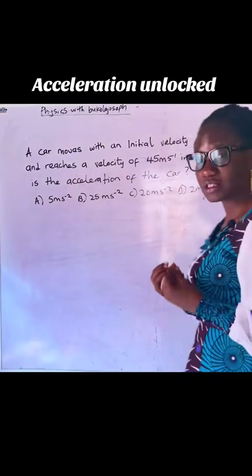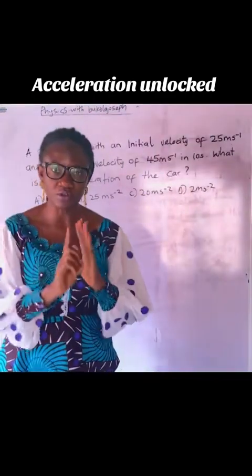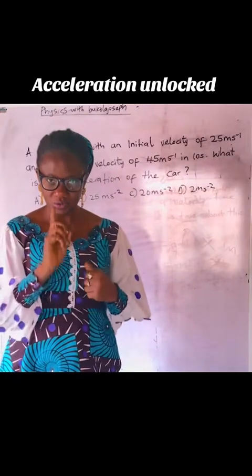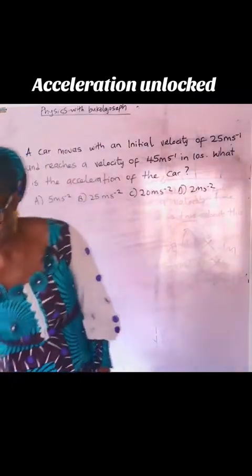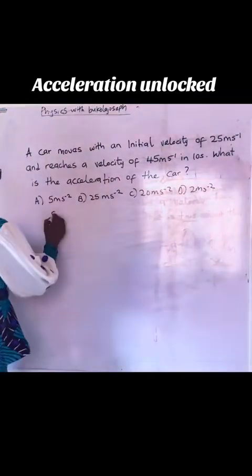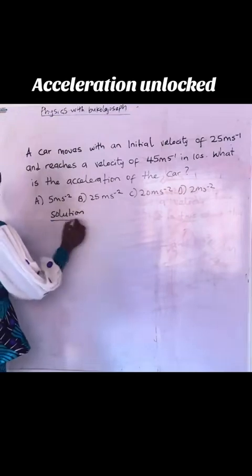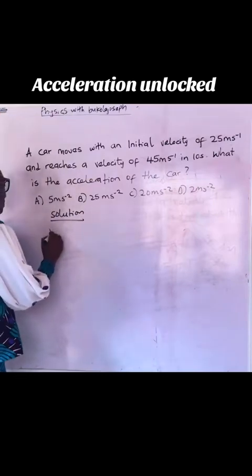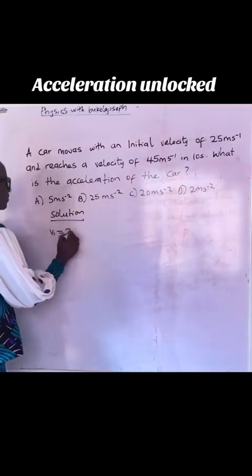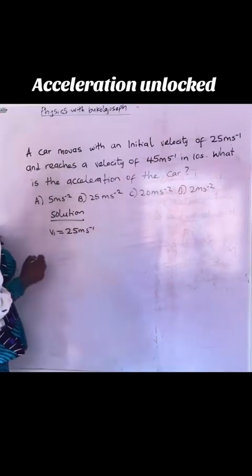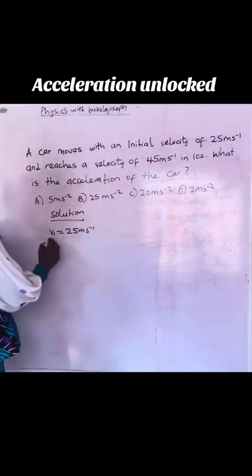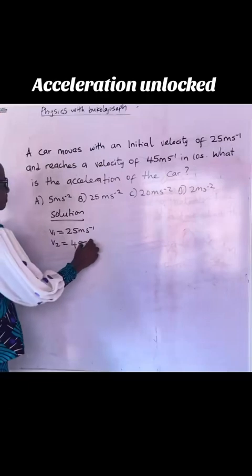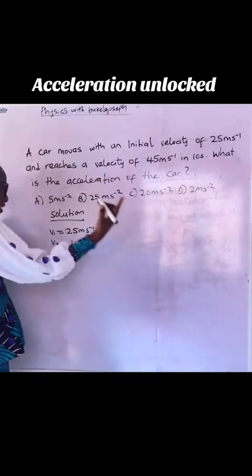So now, if you want to solve this kind of problem, you first of all bring out the parameters in the question. Let's do that first, and then I'll tell you what to do next. So, solution. A car moves with an initial velocity, so it means we have our V1 is equal to what? 25 meter per second and reaches a velocity, so it means we have V2, 45 meter per second